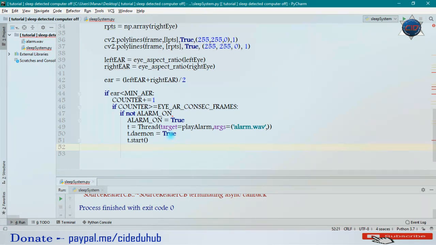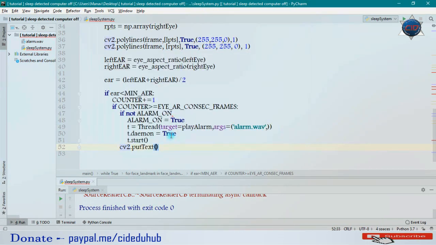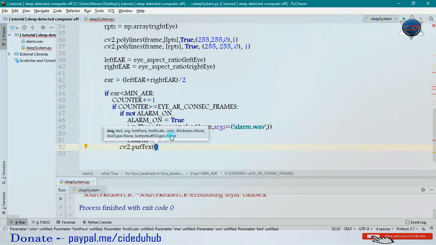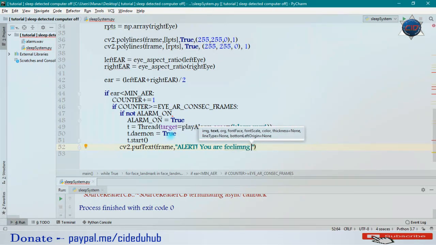So now I will use the cv2.putText method. I will call putText and pass the frame and the message which will be shown. I'm using an alert message here that you are feeling, sorry for the typo here, feeling asleep.